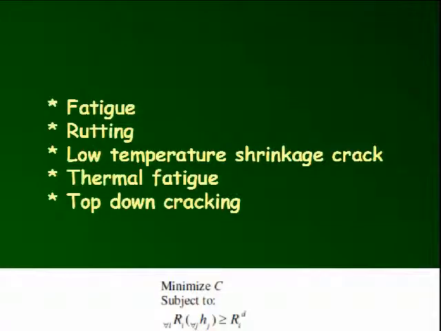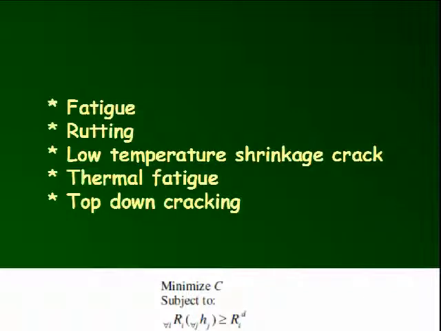Now, of course, it's very easy to write these down as the optimization problem: I want to minimize the cost subject to the reliability of the individual distress parameters I am considering now. All of them may or may not be a function of the thickness, and they should be greater than or equal to the specified design reliability level. So in 3 lines, the entire pavement design problem can be translated as an optimization scheme. But again, it's not very easy, because the dimension of the problem has increased many folds, and then it's not easy to solve.